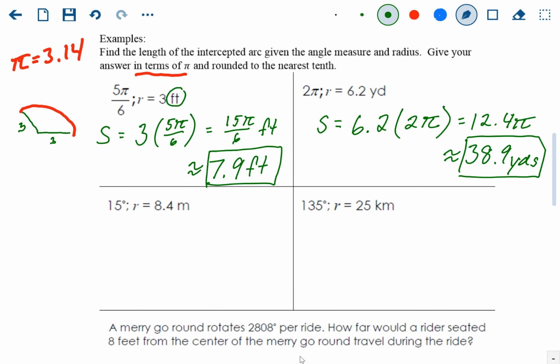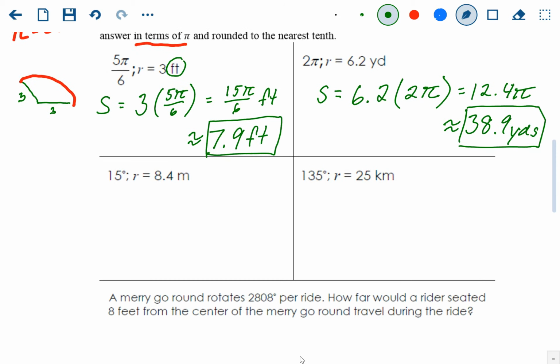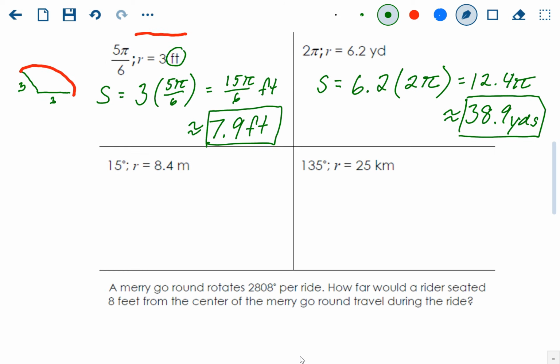Now it does get a little different here when you're given an angle measure in degrees. Okay. If you're in degrees, we're just going to add something to the formula. Now your one option is you could just convert the 15 degrees to radians and then go through the formula. But you could also kind of cook it all into one. So if you're in degrees, the arc length formula is going to be the same thing. It's going to be r times theta,